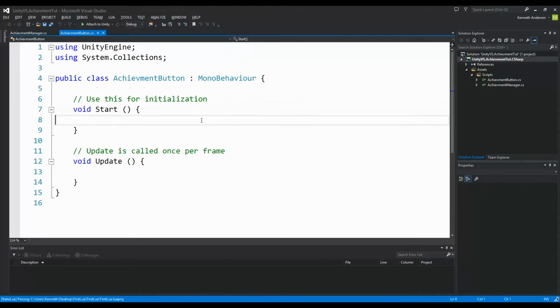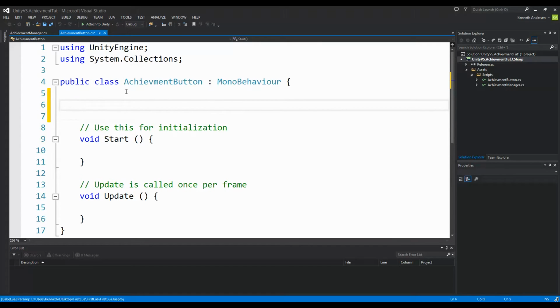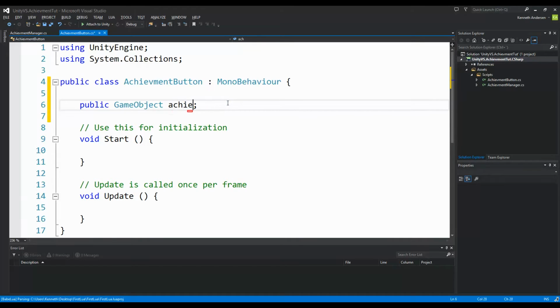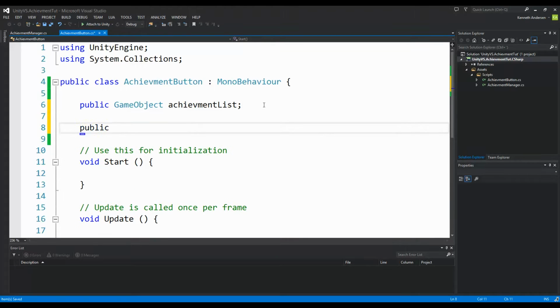and when the script is open, we need to add some fields to it. First of all, we need the field that gives the button a reference to the menu or the list of achievements it needs to show. So public game object called category list or something. Actually called achievement list. So this is the list of achievements that we should show. And then we need two sprites, public sprite,